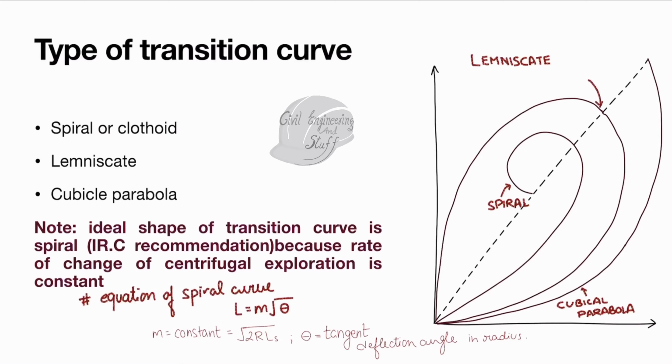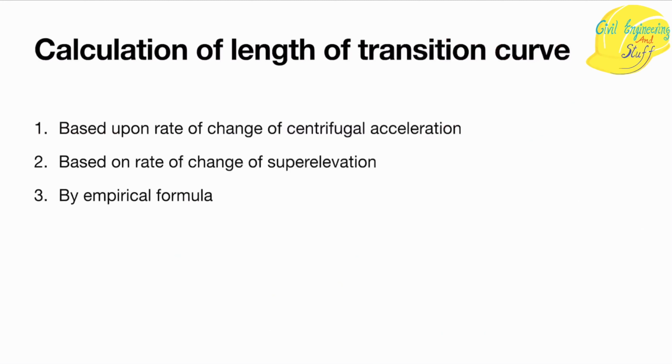So this is very important in terms of your objective competitive exams, right? Because many times it is asked what kind of curve is used as the transition curve. So we use the spiral curve for the transition curve. Sometimes this formula and other varieties of formulas come in the objective questions, asking for the formula of the spiral curve. So these two are very important in terms of your objective questions for competitive exams.